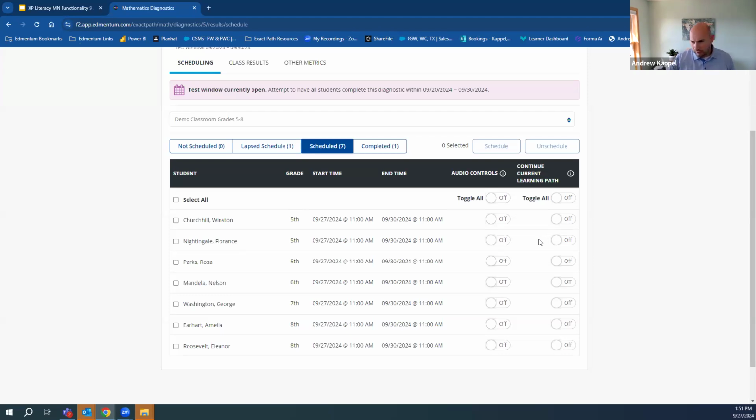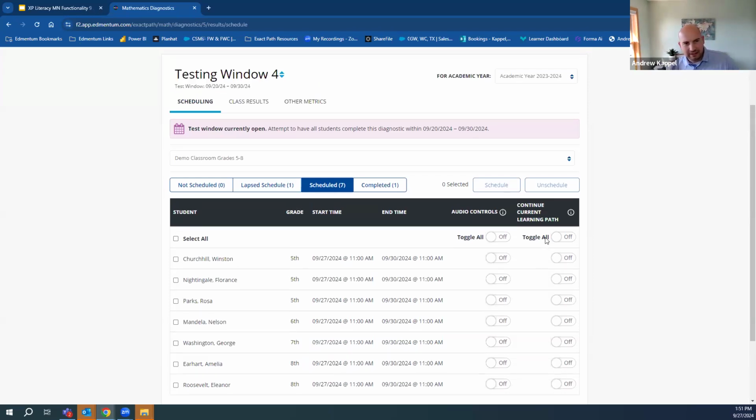The other thing to know, and I know this question's come up with different ABE programs, is we have an academic year that is, you'll see it up here, and we have to define that. And so within there are 4 testing windows for MN ABE programs. When we switch from like 23, 24 to, I'm missing a year in there, but to 24, 25 or 25, 26, the learning path will not carry over between academic years.